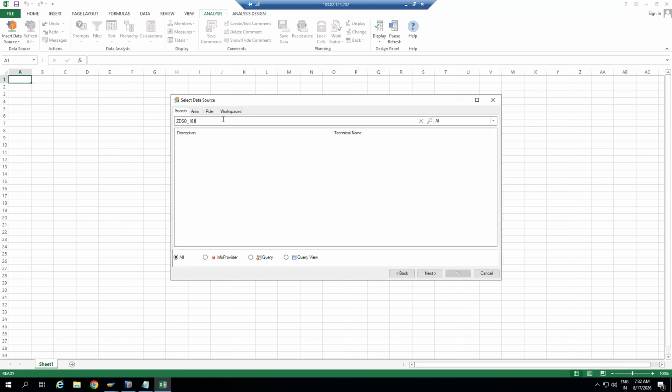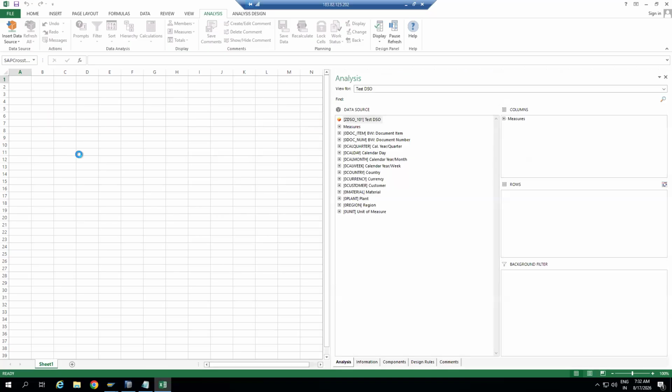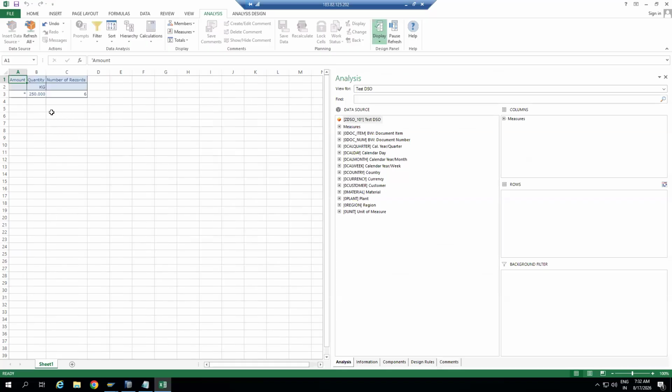So we need to search for my ADS, right? Now data will display only from the active table. If we don't activate the data at the DSO level, then it will not come. Data is available in the active table. That is the way it is showing. Now you can see